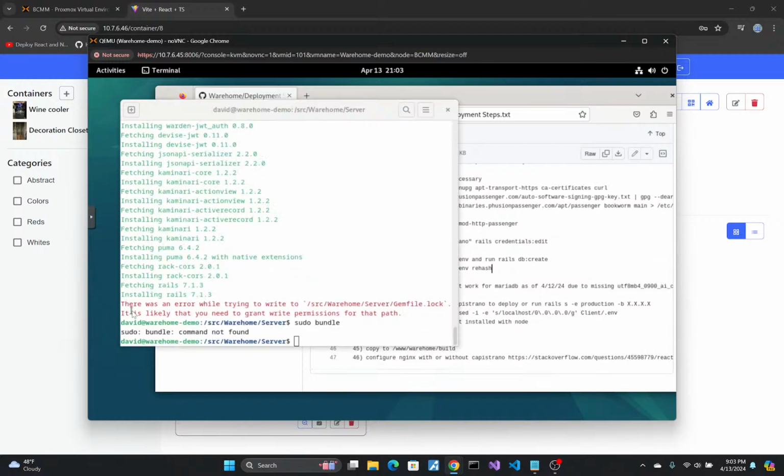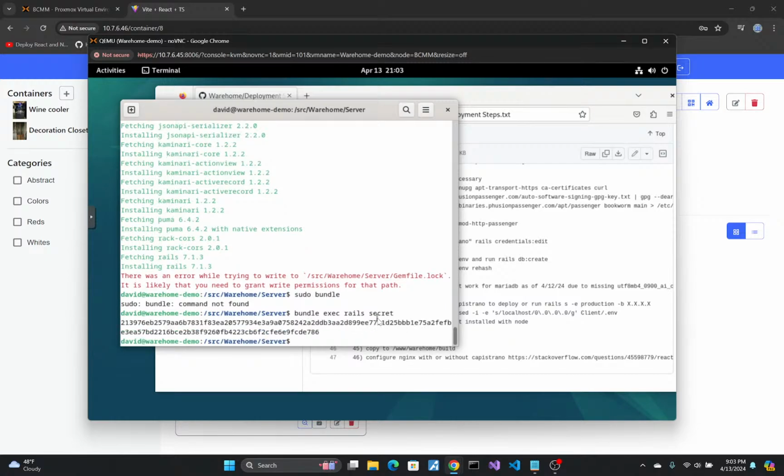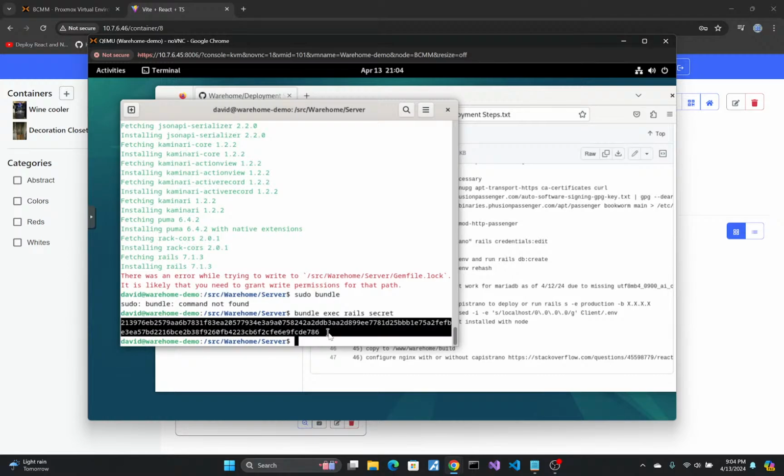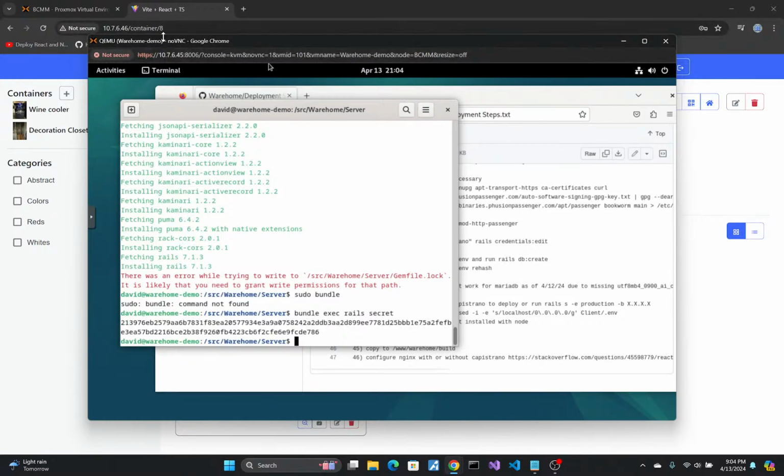And if it's not, oops. Okay, so bundle exec rails secret. Oh. And that gives us our secret key. Now, we went over this when first implementing Devise for users. You definitely shouldn't show this to anyone, ever. No one should ever see this. You definitely shouldn't have this on screen during a live stream. But because this is a demo machine that I'm going to delete anyway,